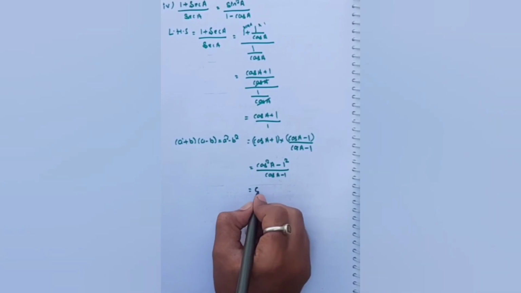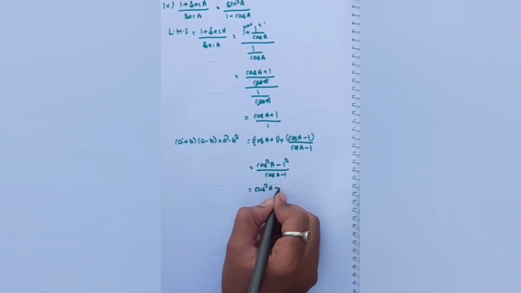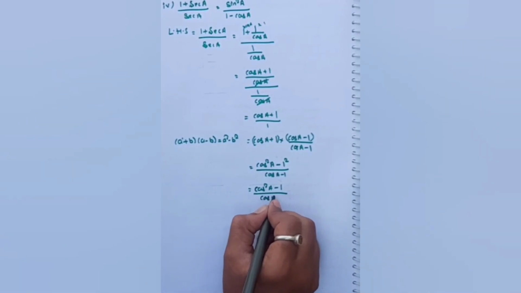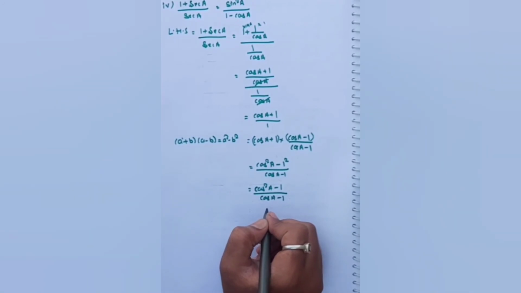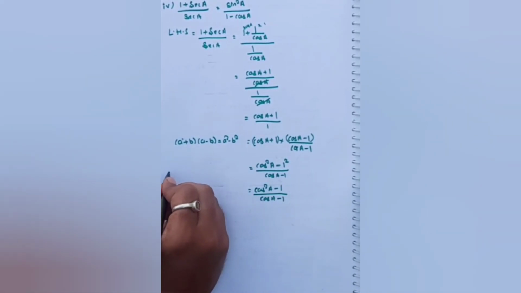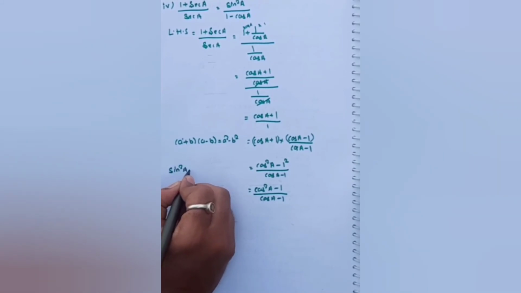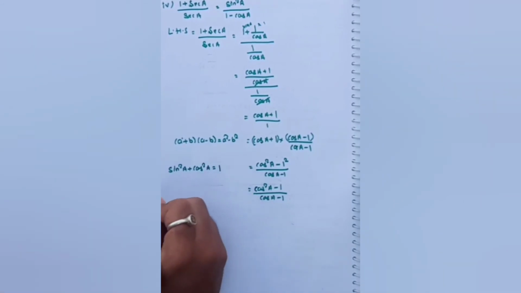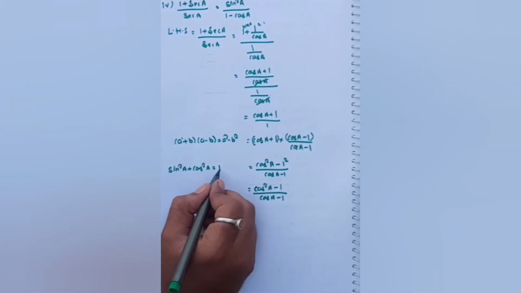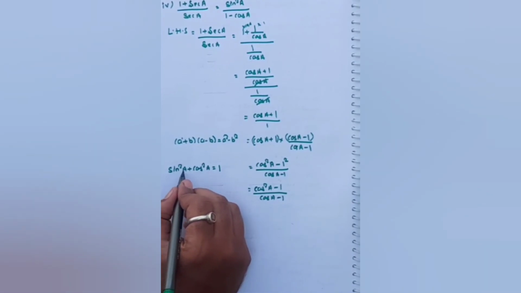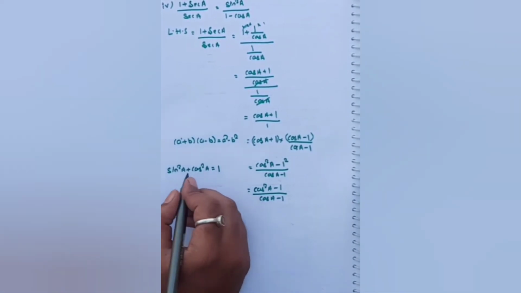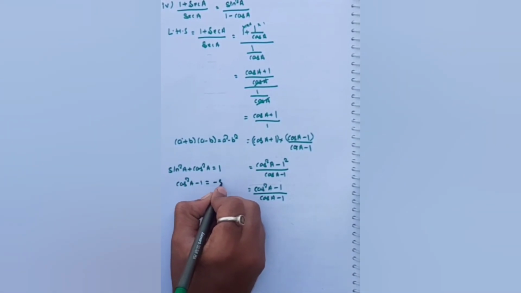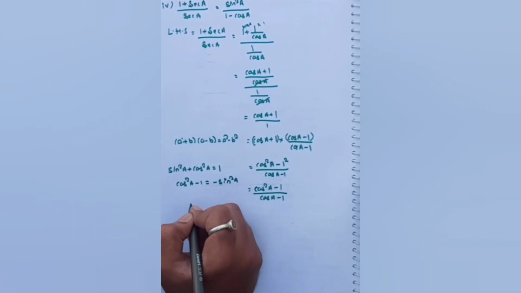So now cos square a minus 1 square is 1 only, right? So this divided by cos a minus 1. We know one identity. Which one? Sin square a plus cos square a is equal to 1, right? So now this 1 comes this side, this becomes a minus, and this sign goes that side, the sign becomes a minus, right? So now cos square a minus 1 is equal to minus sin square a, right?